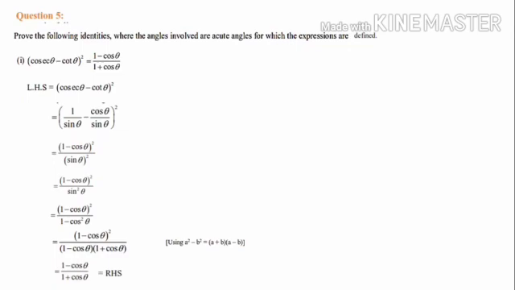Hope it is clear. Next we shall discuss question number 2, that is cos a by (1 plus sin a) plus (1 plus sin a) by cos a is equal to 2 sec a. Let's take the left hand side, that is cos a divided by (1 plus sin a) plus (1 plus sin a) by cos a. Here the normal calculation means we have to take the LCM of the denominators. (1 plus sin a) into cos a is the LCM here. Cos a into cos a is cos square a, the first term of the numerator, plus (1 plus sin a) into (1 plus sin a), that is (1 plus sin a) the whole square, that is the second term.